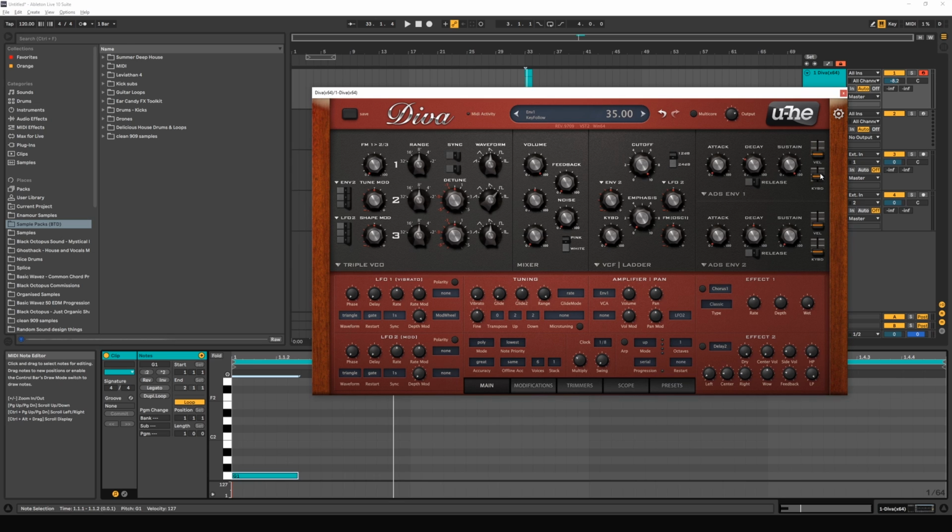And then keyboard tracking basically scales down the timing of the decay and the release, based on where the note is played. So in higher octaves it'll be shorter, and in lower octaves it'll be longer. So just to show that to you, we have a nice long note here. I'm going to bring down the sustain so we have a plucky sound. I'm going to give it a bit of sustain and give it a bit of release, so you can hear the release. And then we'll just put this up a couple octaves,